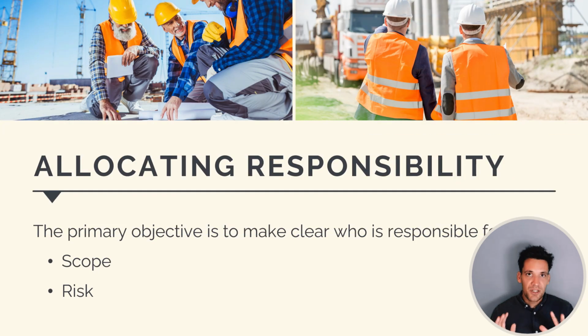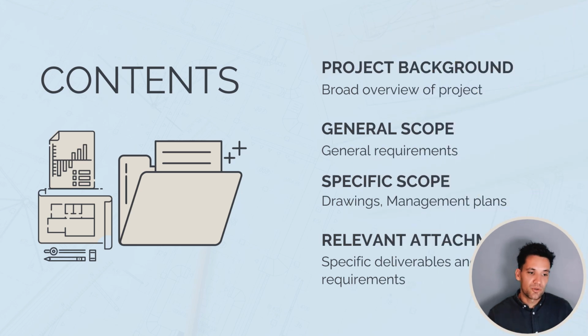The primary objective of the scope of works is to allocate responsibilities. So what we mean by this is to make it clear who is responsible for what. This is both scope, so the work they need to complete, and also risk. So what uncertainty are they required to manage? Any scope of works should include a project background, so a broad overview of the project, general scope and requirements, specific scope, which references the drawings and details exactly what they're doing,